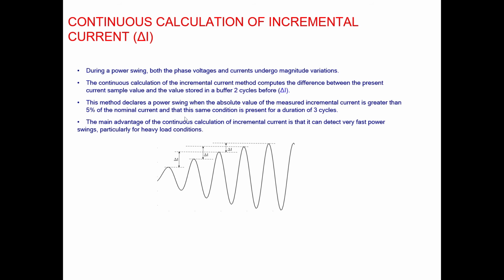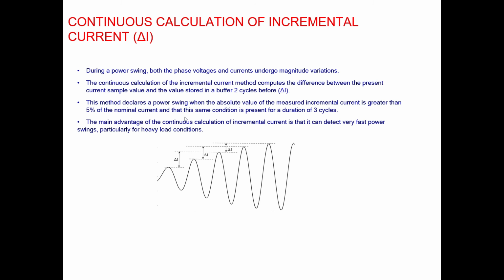The very simple method which is presently being used by some of the numerical IED manufacturers is the continuous calculation of incremental current, which is also called the delta current method. Basically, the current magnitude of the next sample is continuously compared with the present sample. That means the current magnitude at sample n is compared with the current magnitude at sample n plus 1. Similarly, the current magnitude at n plus 1 is compared with the current magnitude at sample n plus 2, and